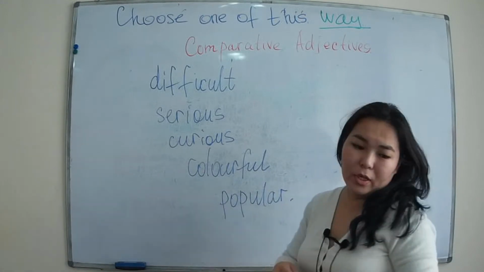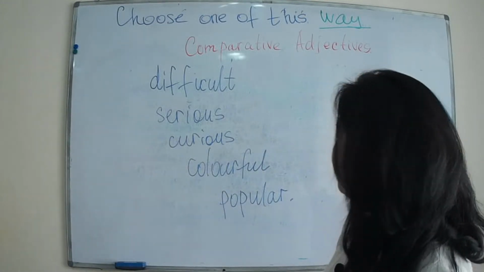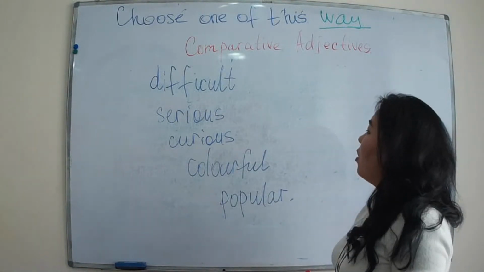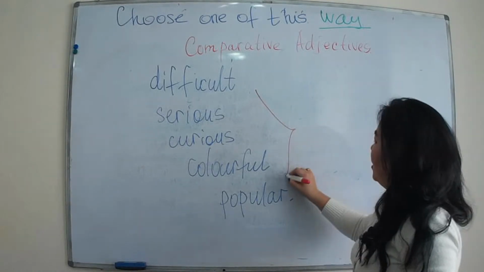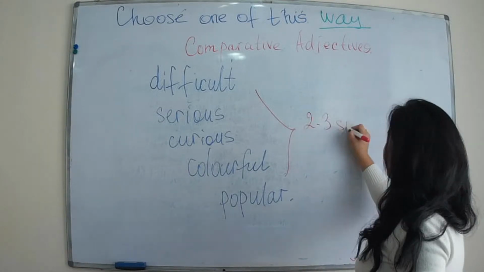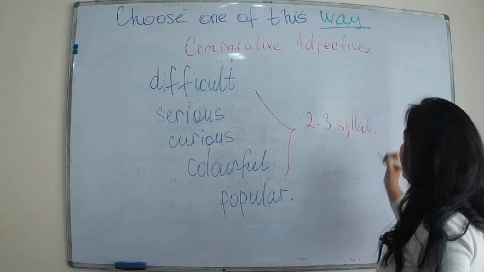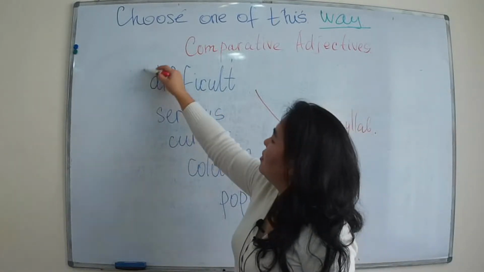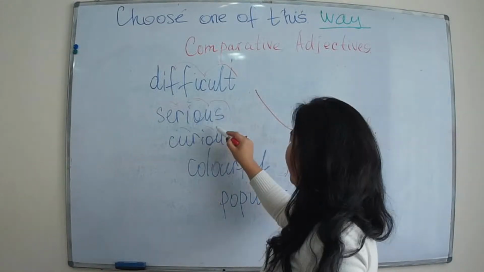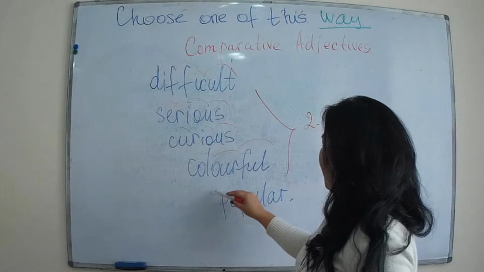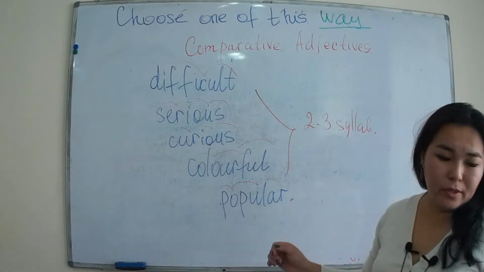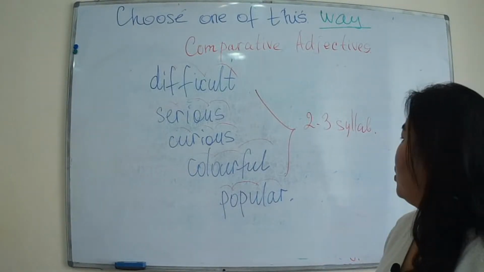So look at these adjectives. Difficult, serious, curious, colorful, popular. All these adjectives have 2 or 3 syllables. You see, difficult, serious, curious, colorful, popular. So, in order to compare things using these adjectives, we use helpers